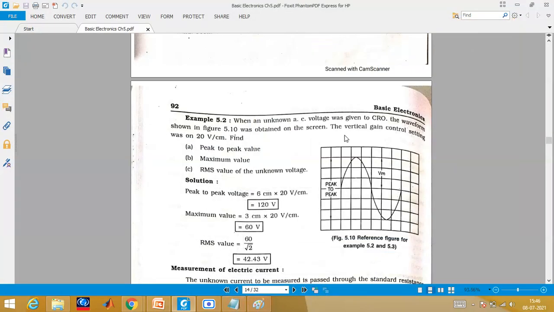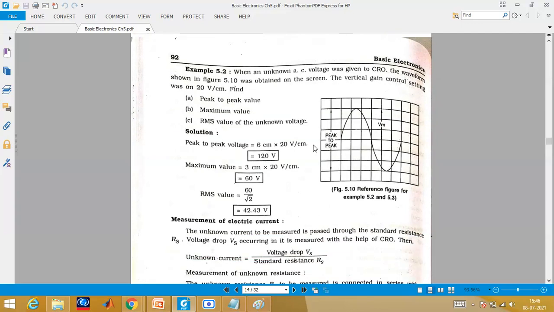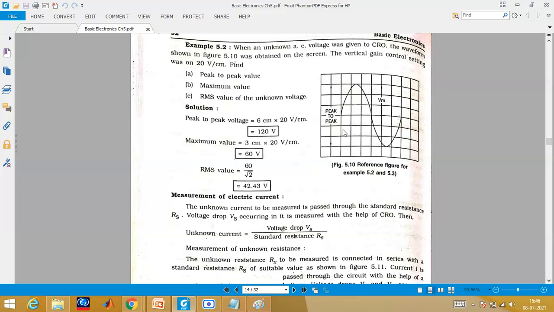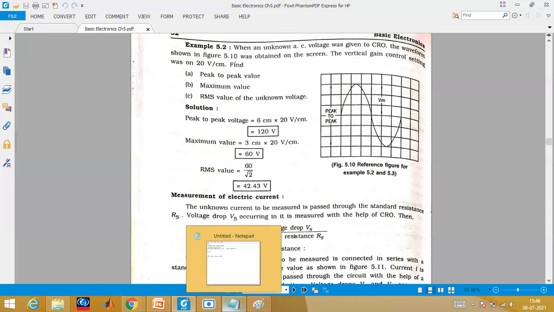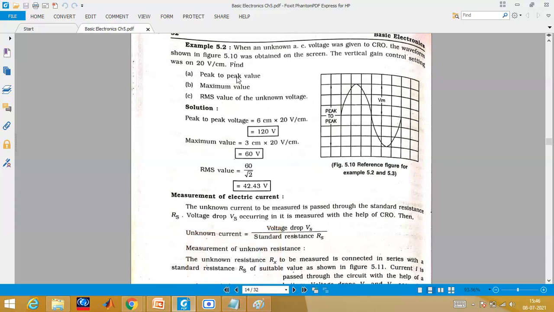Okay, so you can calculate RMS value. Peak to peak means you have to take positive and negative. Maximum value means only positive. You just count it and you multiply with the given control voltage. Now, generally they ask such formulas. Sometimes they will ask you the formula, or sometimes they will give you a waveform and ask you to calculate the peak to peak value of it, maximum value. In railway exams specifically they are asking such questions, and also in competitive exams, and when you are going to write for BTech, you might be asked such questions, so you should know.